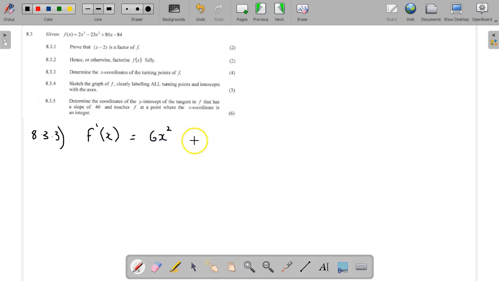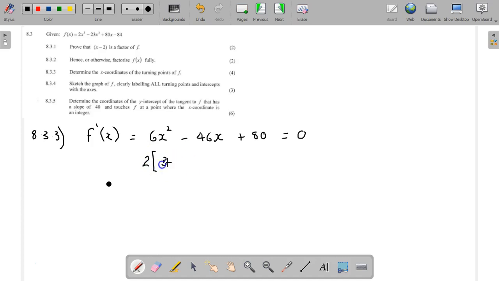it then becomes 6x squared minus 46x plus 80. Okay, so that's my derivative, and I've used my derivative rules to get to here. And then what I do is I equate this to 0. You'll notice that I can pull out a common factor of 2 here,